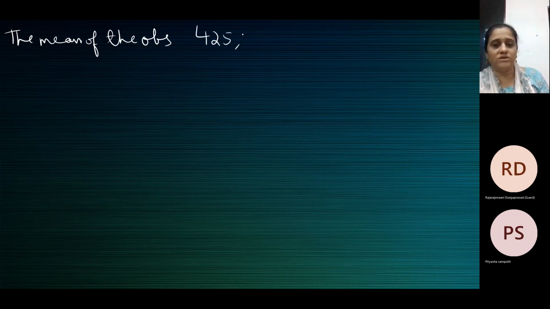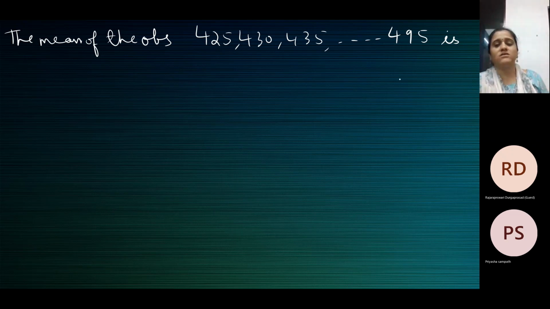The mean of the observations 425, 430, 435, so on up to 495 is, there are 4 options, but I'm not giving you them. Do this quickly. Let's see who's the first to answer. The mean of these observations is,